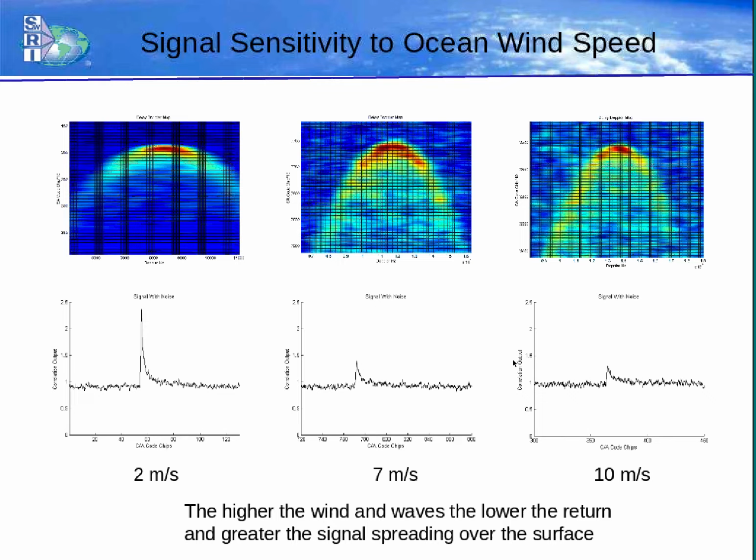Yeah, but that was my question. What's dominating in that noise? Thermal noise or speckle noise? This is UK DMC data. I think it's thermal noise. Thermal noise. Yeah. So you expect to lower it with high